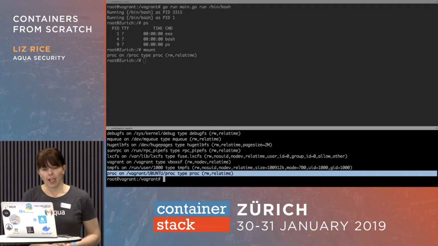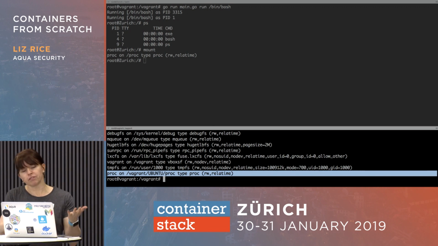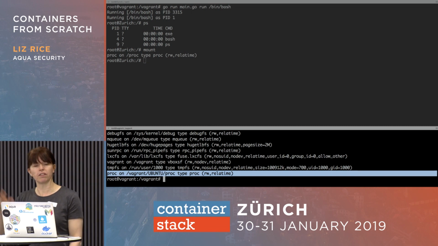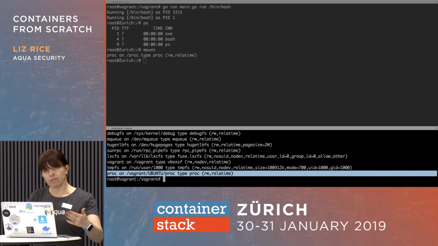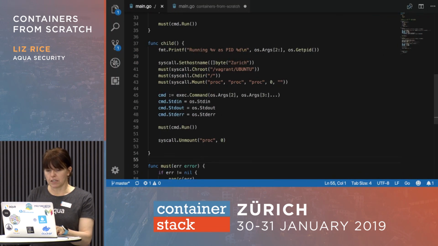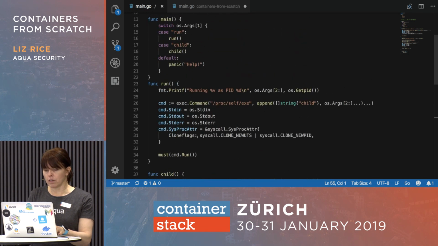Now, that's fine for my use here. But if I have lots and lots and lots of containers, it might be kind of annoying to have your mount on the host full of whatever mounts are mounted inside your containers. So we can isolate this in the other direction. It's slightly different. So we can say, I would like